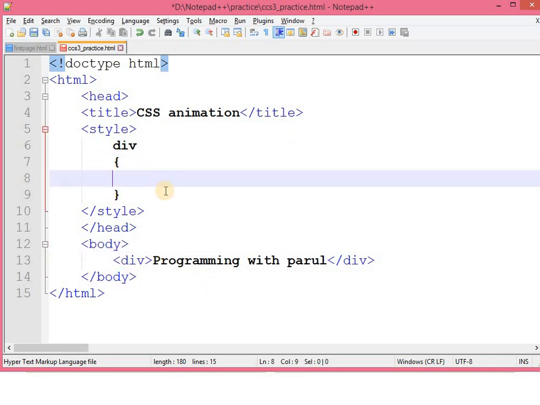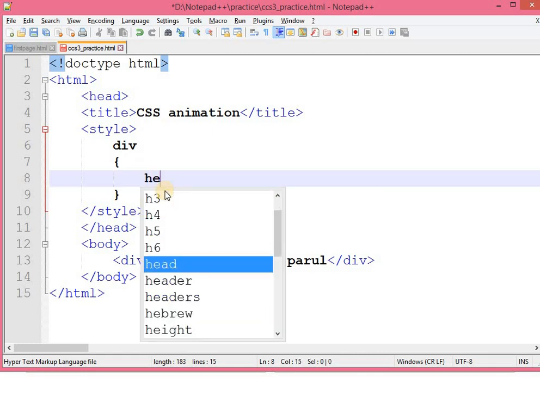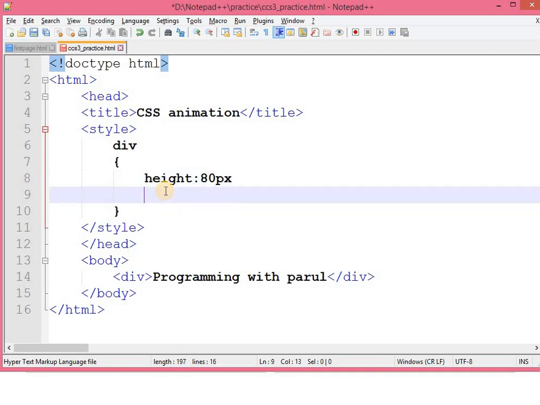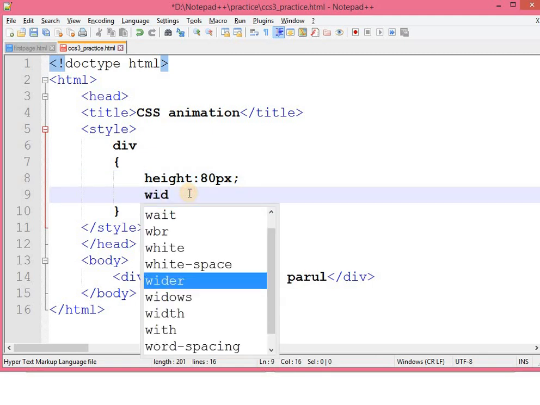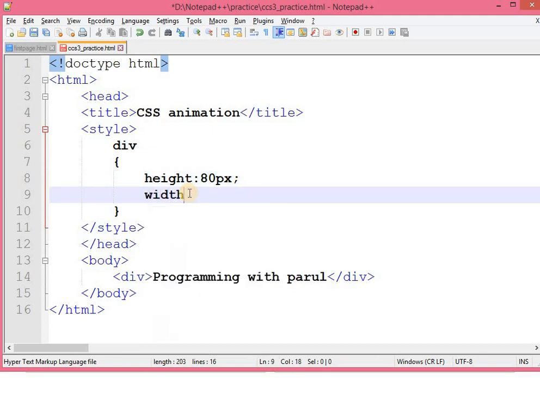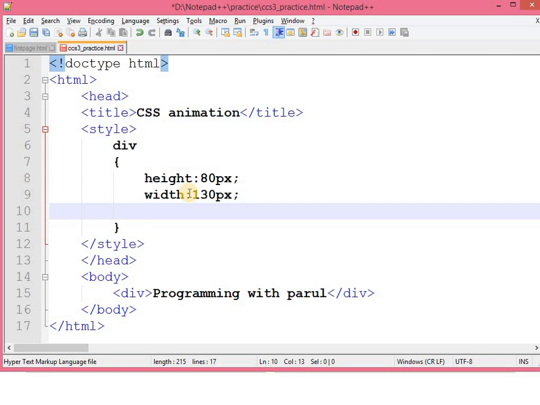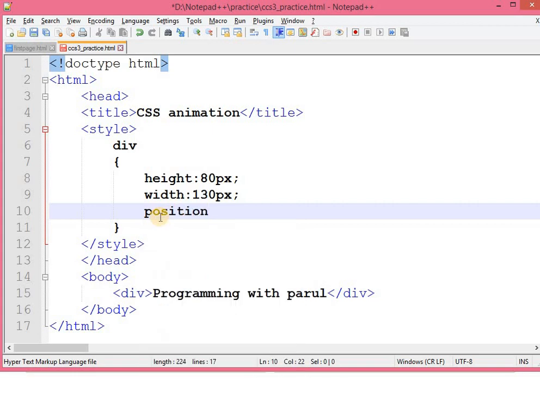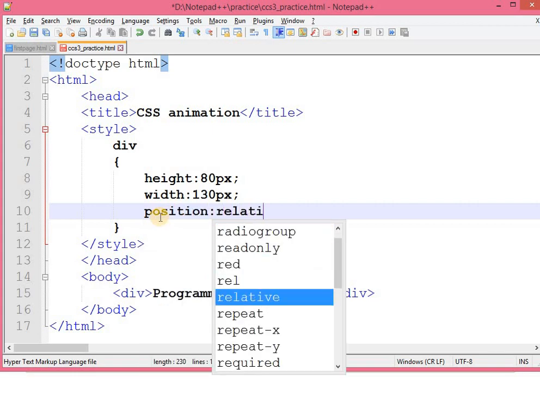Now for the div tag, let me set height equals to 80 pixel. Don't forget to put a semicolon over here, Parul. Okay. Width is, let's say, 30 pixel. After that, position is relative.